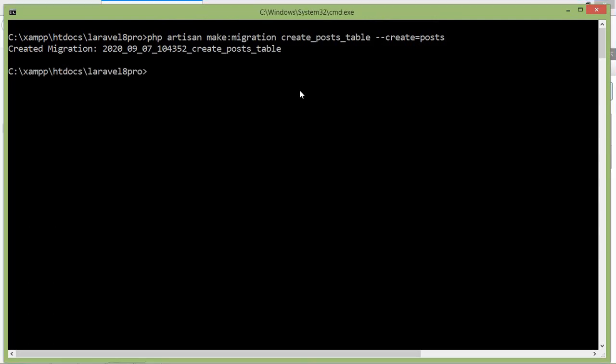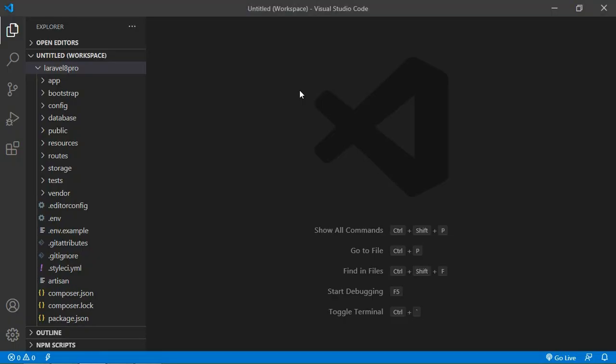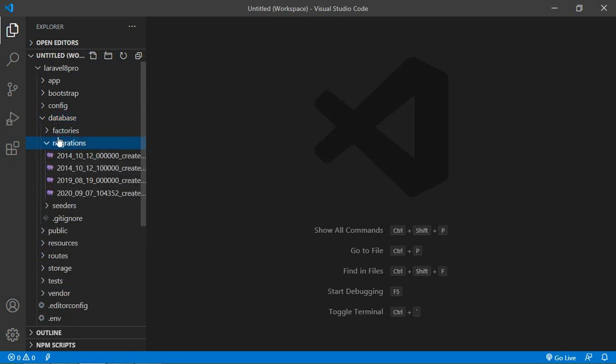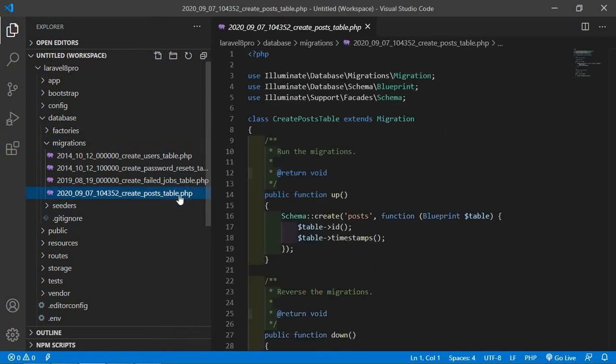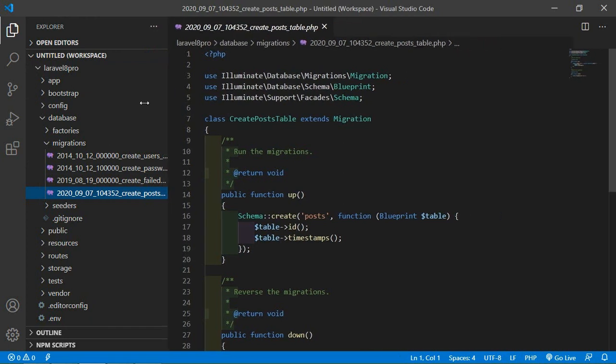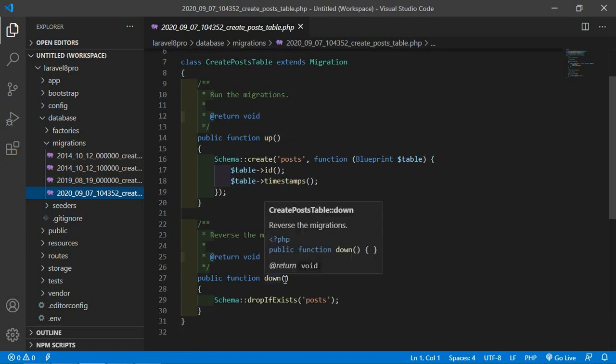Alright, migration created. Now switch to the project and let's find the migration. So just go inside database, then migrations, and you can see here the create posts table migration. Okay, so just open this file and you can see here this migration contains a class definition with up and down methods.